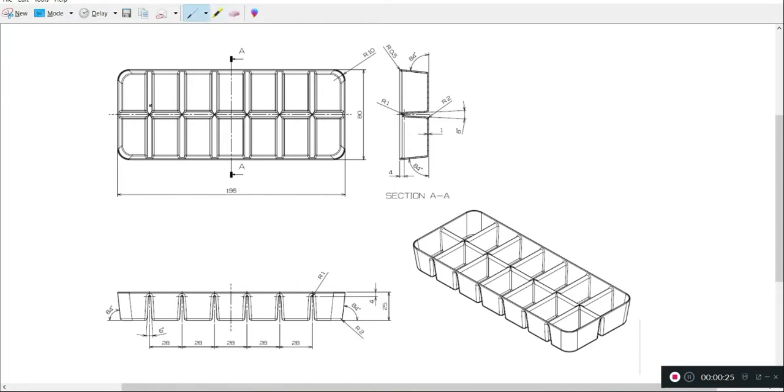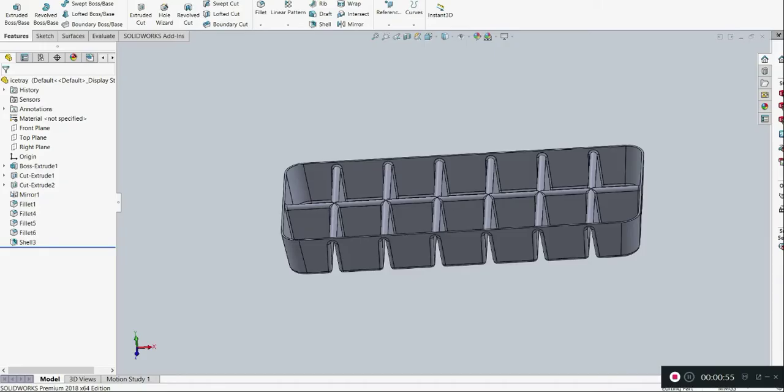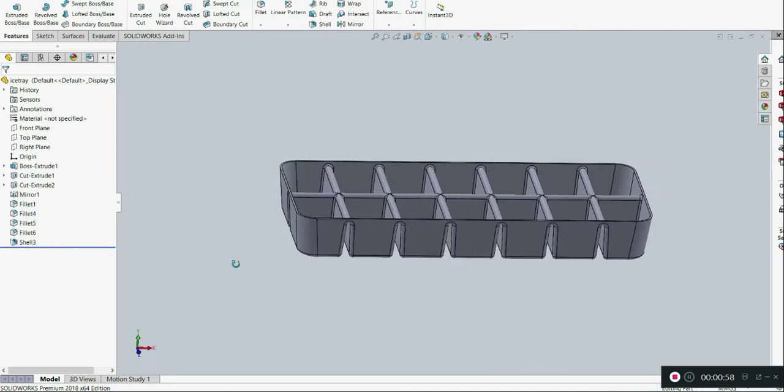So the first step is to create this rectangle of size 196 by 80 mm. Then we will extrude this object by a length of, suppose, 25 mm, and we need to create these sides with a taper of 6 degrees. Okay, so the taper is provided on all sides. That's why we will be using the tapered option in an extrude. So the final object will look like this object.